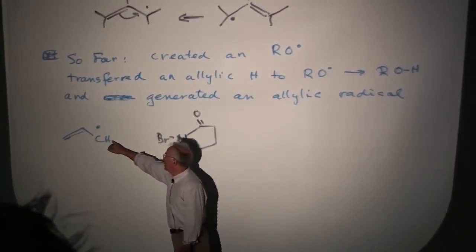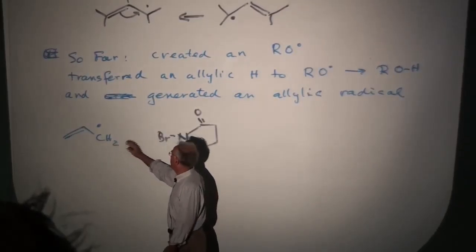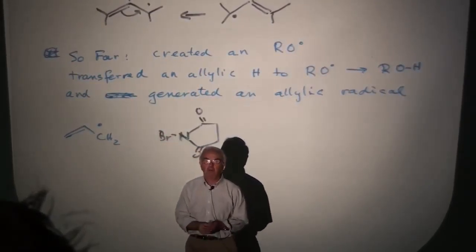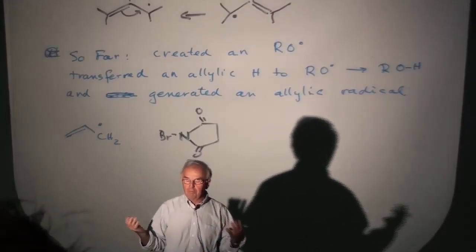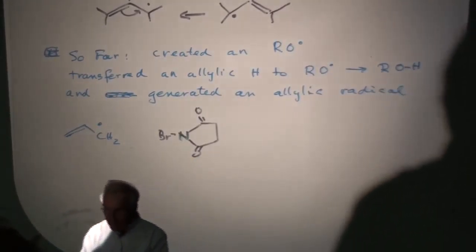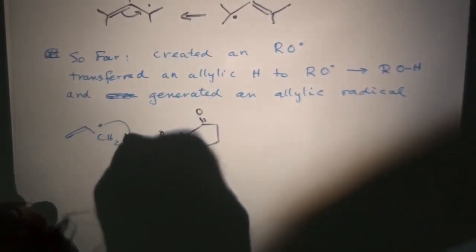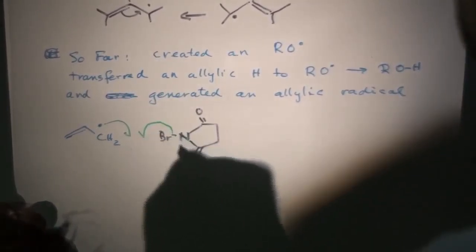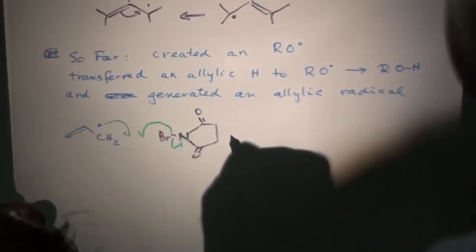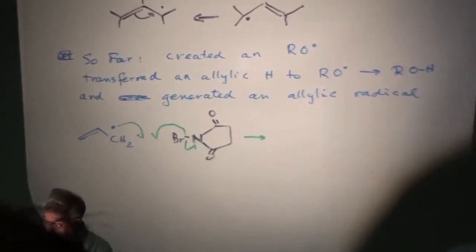We're going to gain energy by making a stronger bond and breaking a weaker bond. So drawing that sort of sequence with the fishhooks, the result of that is now